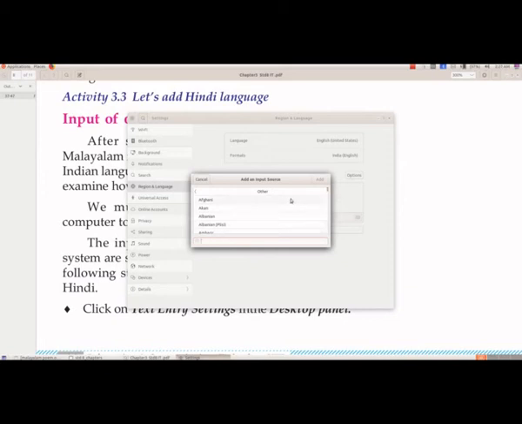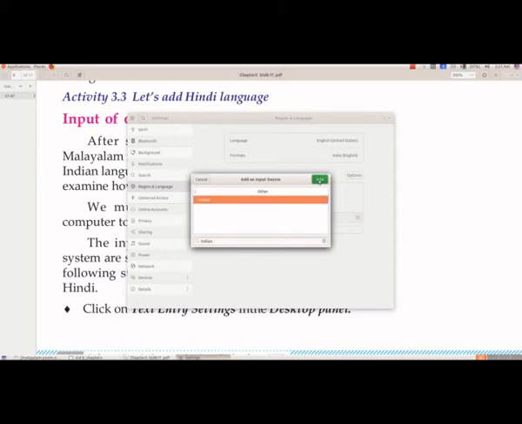We are going to insert Hindi, and for Hindi we have to select Indian. So from here we have to select Indian. We can either drag and select Indian, or we can type here Indian. We are going to search for Indian, so we will type there Indian, and we got that.